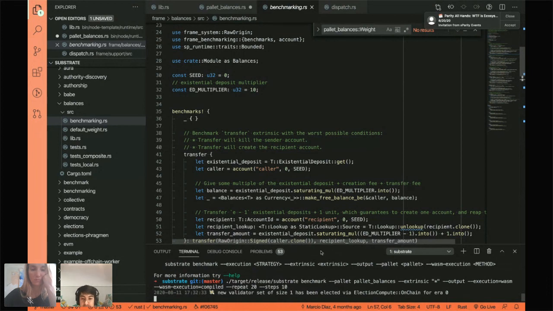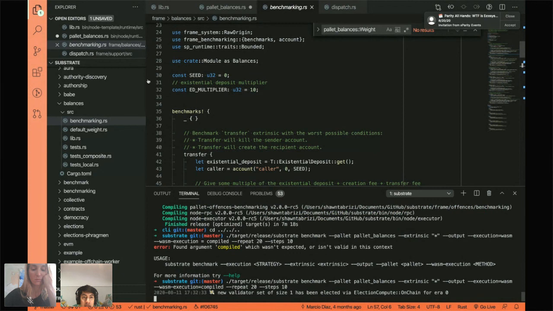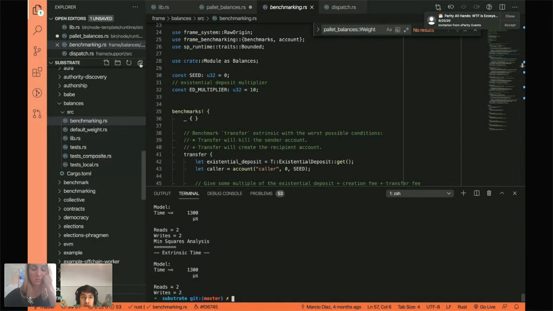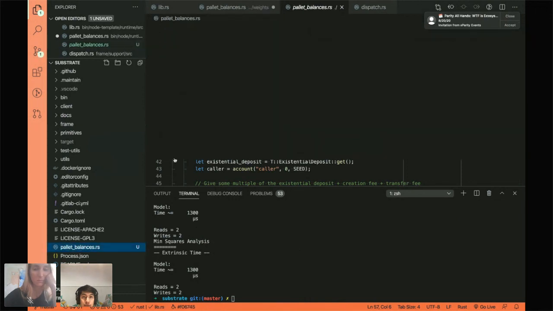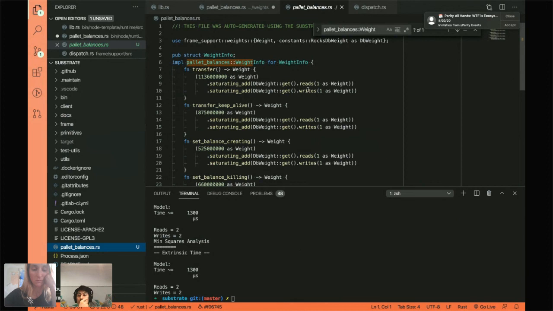Now my machine with the lag and all that kind of stuff will be quite slow, but you will see here that after writing these benchmarks in your pallet and making sure they're right, having the test and whatever, you can just simply run the benchmark, and ideally we'll see at the end of this a file being generated. Yeah, you see, there's a bunch of output. You can capture this output if you want. But the cool thing that I've been working on is that look at this new file, pallet balances.rs. And here is an auto-generated file with all the weights for my machine, with the reads and writes and everything already programmed in there.